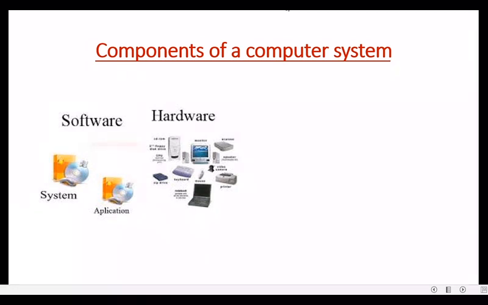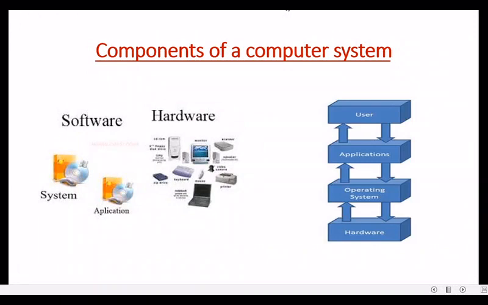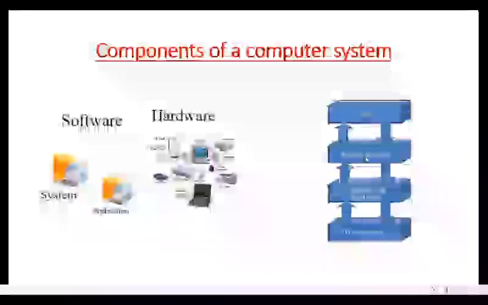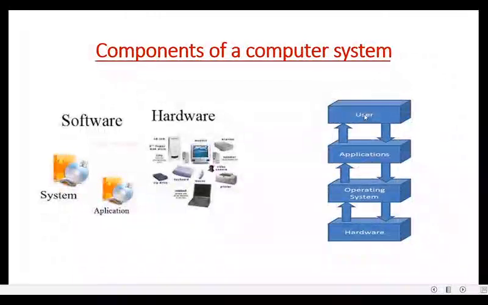So we can define an operating system: an operating system is a software program that runs on a computer. I will give you an example. One more image is present here. In this image, first there is hardware. This hardware is connected with the operating system, and after the operating system come the applications, and then the user will be able to do anything. So these are the diagrams that you should know.